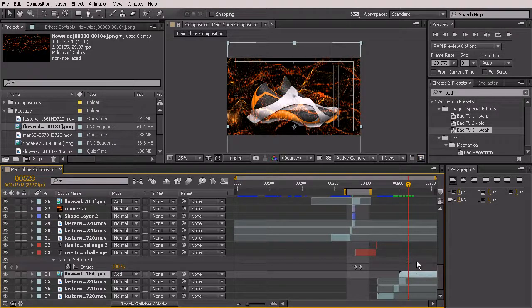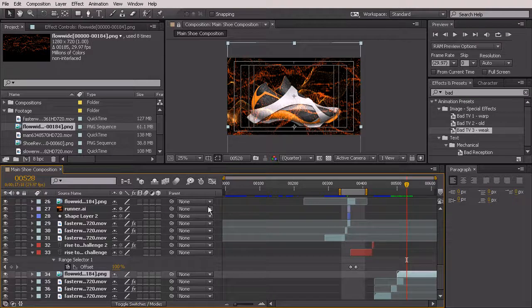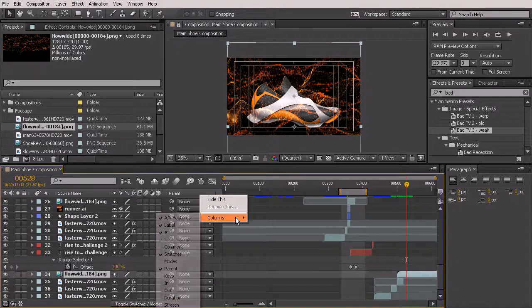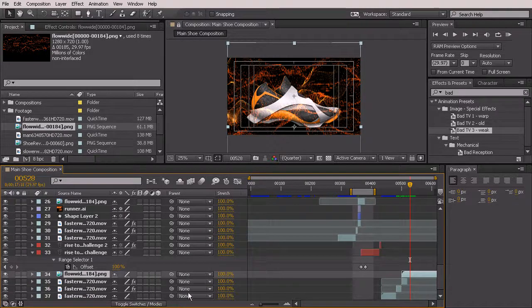So let's trim it. But instead of actually cutting it, I want it to go faster. So we can use a slightly different method than just cutting it to use those additional frames we have past our current time indicator to make it look like it's going faster. And that's going to be the stretch function. So even if we toggle our switches back by hitting that button, we don't get the stretch over here on the side. We actually have to add that in as one of the columns that we get in all of these settings here. So you can just right click up here along the top where we've got all these different columns on our timeline, go to columns and choose stretch from the very bottom,